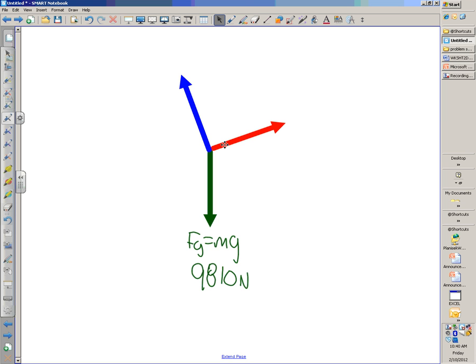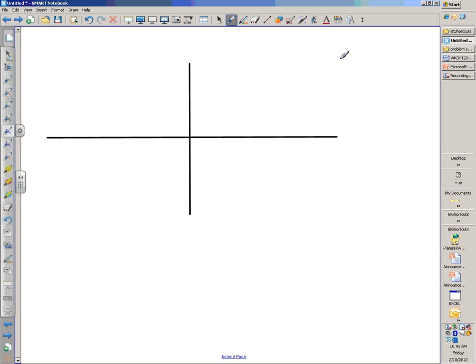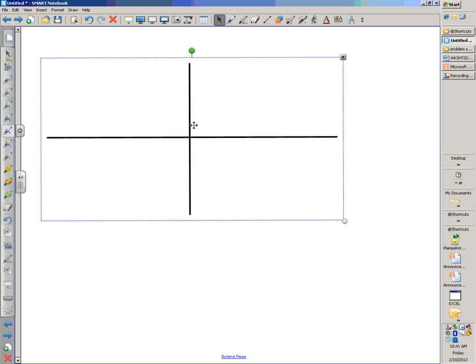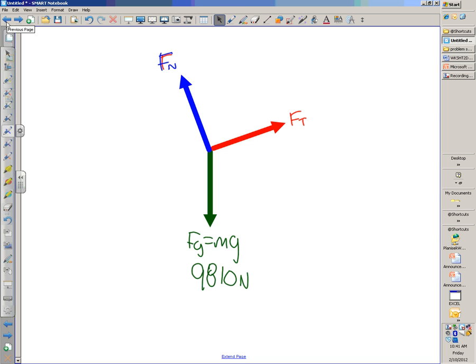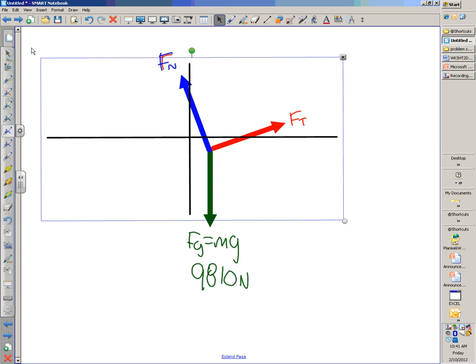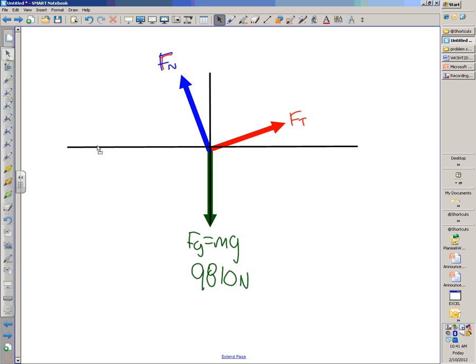There's the three forces that are acting on the car. We talked before that we'll use the red to represent the tension force, and then we'll use the blue to represent the normal force. Where do we go from here? Well, we can start this problem just like we've started every other problem so far in this chapter. I'm going to grab my x and y axis that I made previously, and I'm going to paste it onto this drawing, and I'm going to adjust it to this point right here,